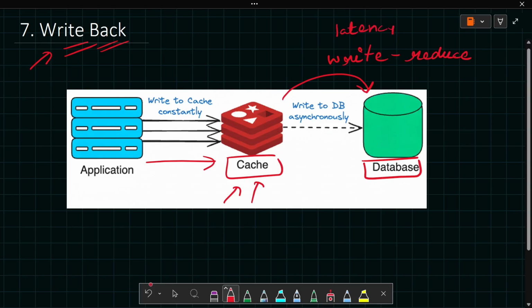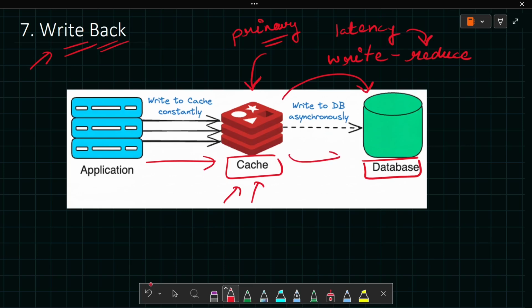We are actually reducing it. So this deferred writing means that the cache acts as the primary storage. Here the cache is acting as the primary storage, and during write operation, the database is updated periodically, because we are updating the database periodically. So at the time when we are writing to the cache,